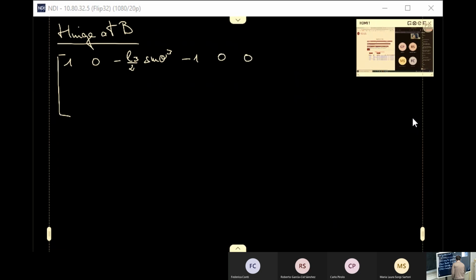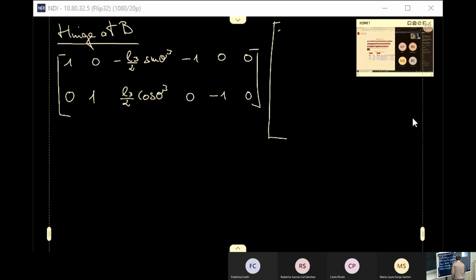Then here we have 0, 1, and L3 divided by 2, 0, minus 1, 0. And again, it goes like this. Delta